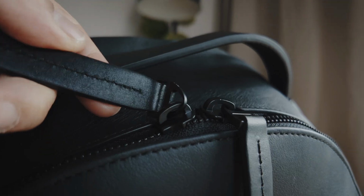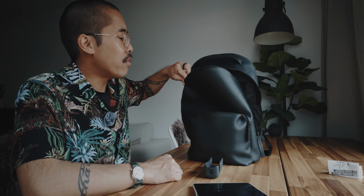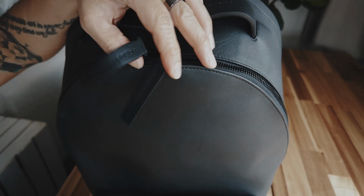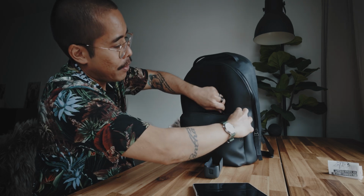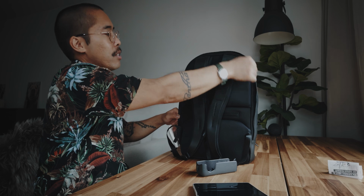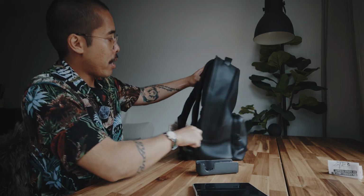Again, in terms of durability and in terms of heft and perceived quality, these feel good, but the operation of them is not as smooth as I would have hoped. Here also, it's not great. If this would be a cheaper bag, then I would say that's totally fine. But for 900 euros, I expect better zippers. For some reason, the zipper here on the back is much smoother. But the two zippers here at the front,